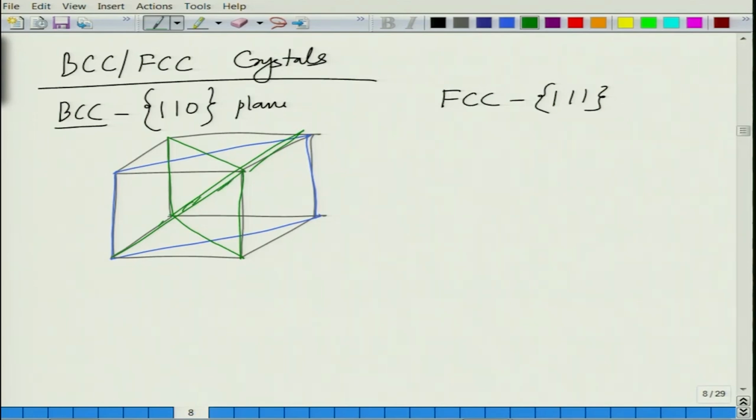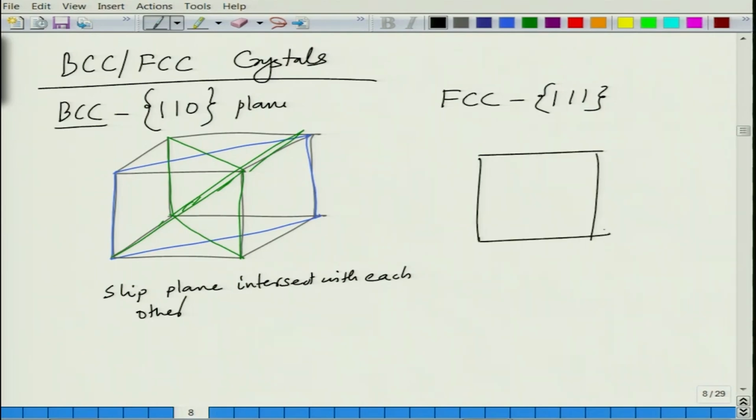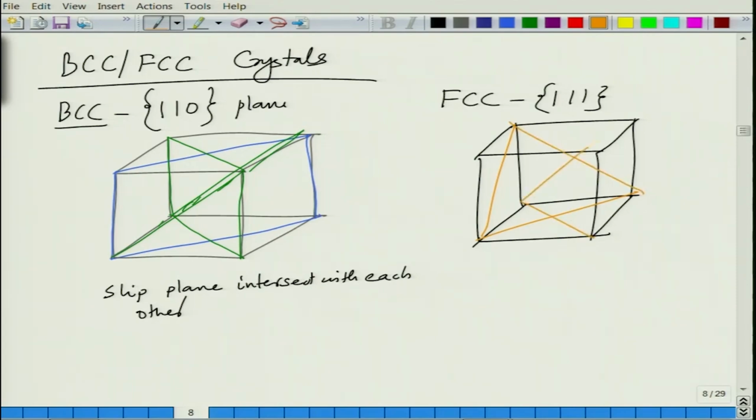So, basically some of these slip planes intersect with each other. Same here, in this case also in FCC, if you draw the FCC unit cell, you may have 111 planes intersecting. So, this is one 111 plane, you may have another 111 plane which is like this, you may have another 111 plane which is like this. So, the 111 planes may intersect. So, slip planes will intersect with each other in both FCC as well as in BCC. When they intersect each other, the dislocation motion